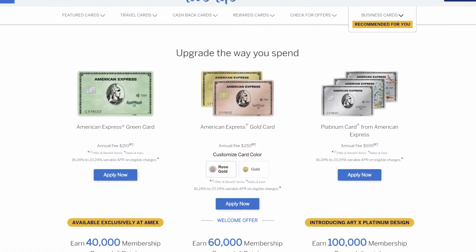The annual fee for one of my American Express flagship cards, the Green, the Gold, the Platinum, recently hit my account, and when I asked American Express if they could waive that annual fee, they said no. When I asked American Express if I had a retention offer on my account, where if I did X amount of spend in a certain time frame, I could be rewarded with extra points for them to keep my business,